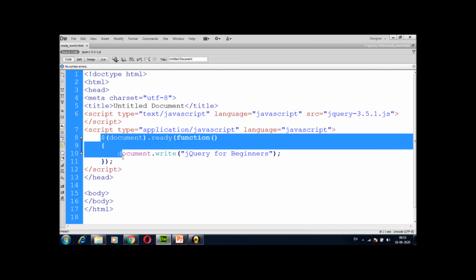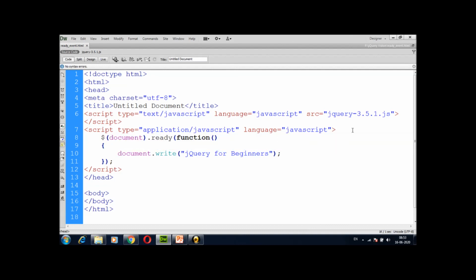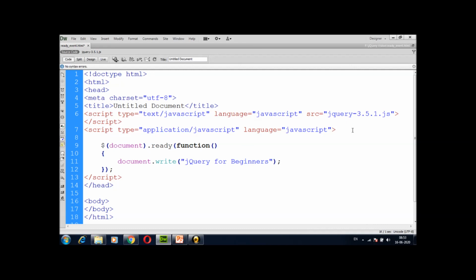I can also use alert. I am going to show you one call for alert. Inside this same ready method I am going to add an alert function. For that, no need to write the ready event again and again.